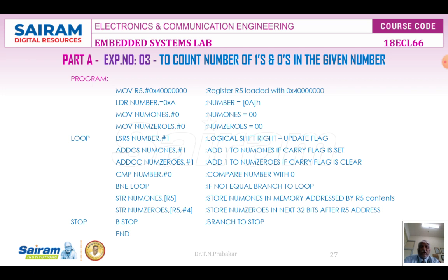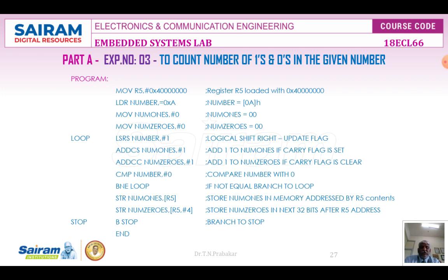Say for example, I am going to provide an 8-bit number, assuming that here actually it's a 4-bit number. A is equal to 1010, a 4-bit number. But whatever number you give, this loop will get executed till that number is shifted towards the right and all the data is filled with 0. And when the system comes out of this loop, I have to store these two values. One is in num1s and the other one is in num0s.